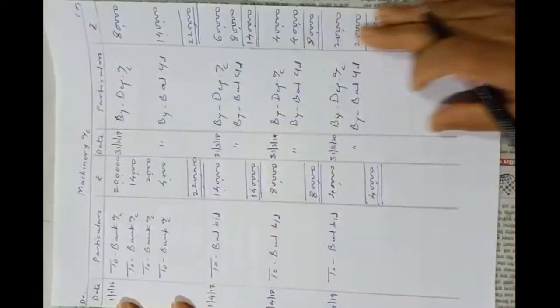They told us that on 1st April 2019, that is on this date, they have incurred 4,000 rupees for repairs and renewals of machine. But repairs and renewals of machine is revenue expenditure. We will not show this expense in machinery account. It will not be debited to machinery account. It will be debited to repairs and renewals account. So in this way, prepare machinery account in your notebook.